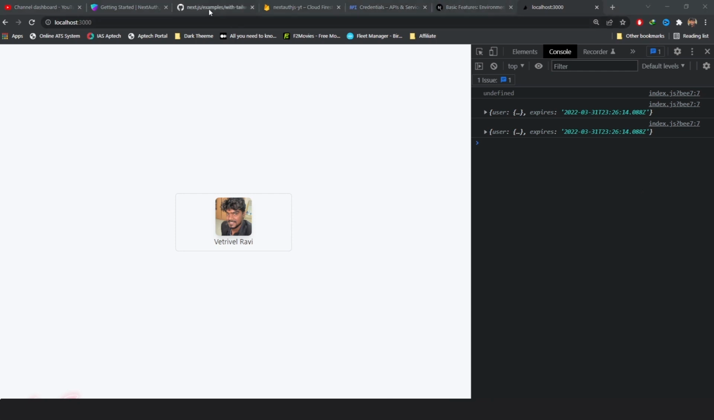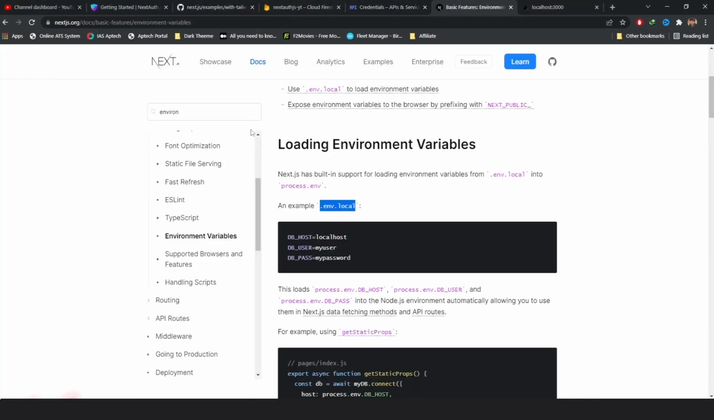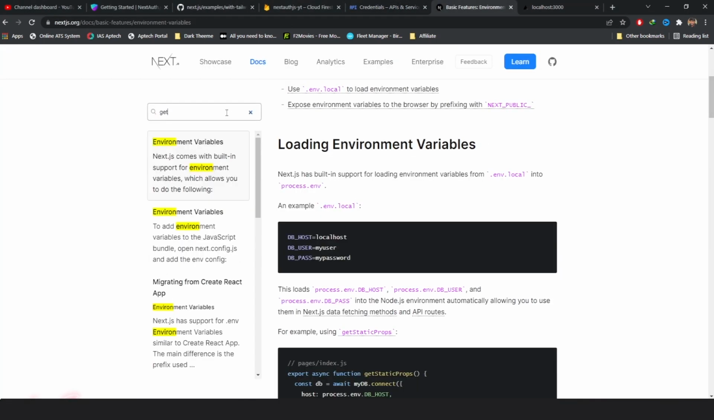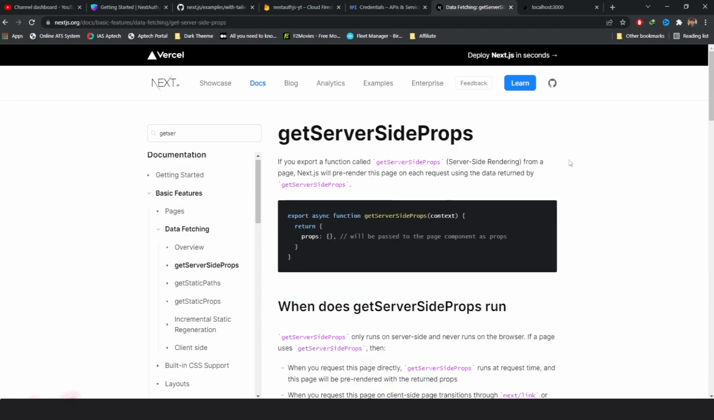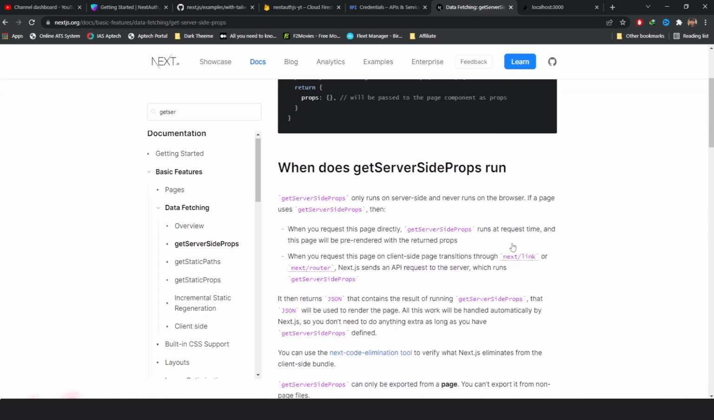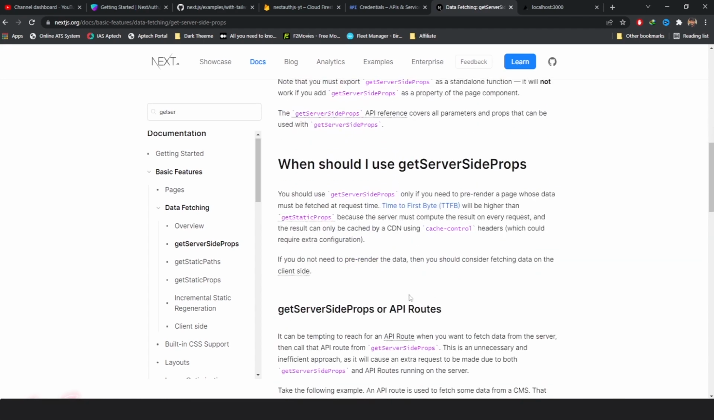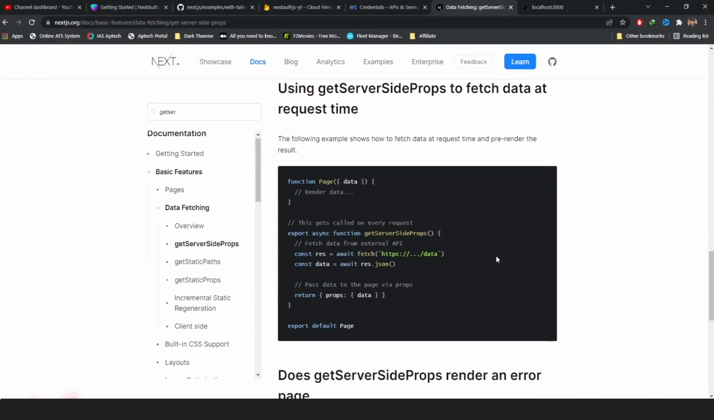If you go back to your Next.js documentation and search for getServerSideProps, go through this documentation completely, because it's a really nice documentation. I went through it completely. That's why I came to know how to use getServerSideProps and everything. Okay, so using this getServerSideProps, this will